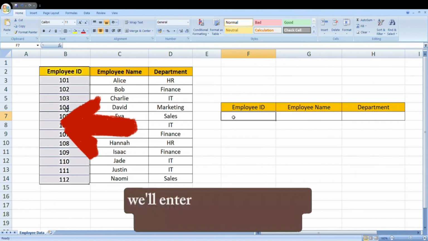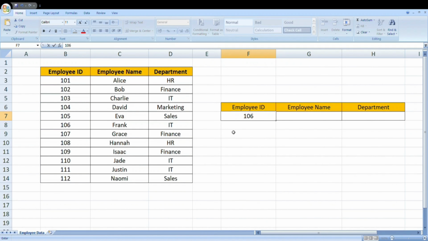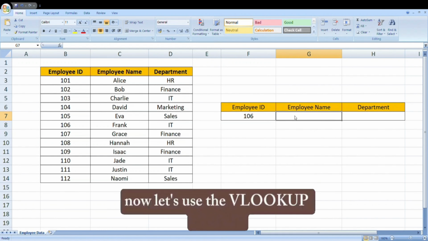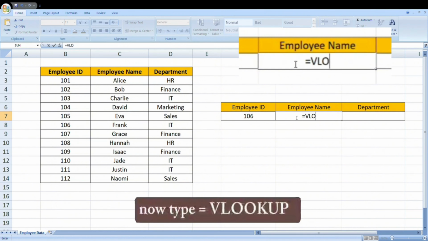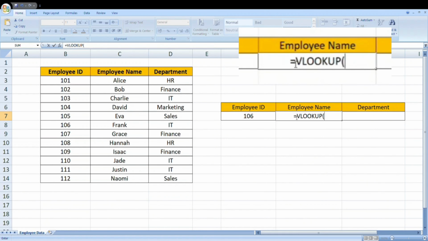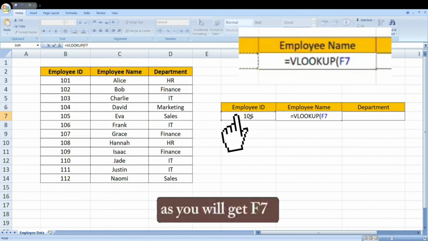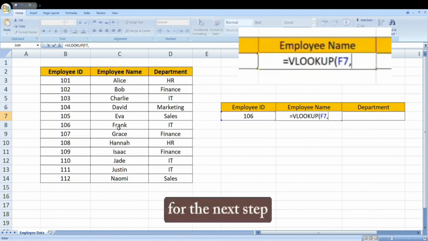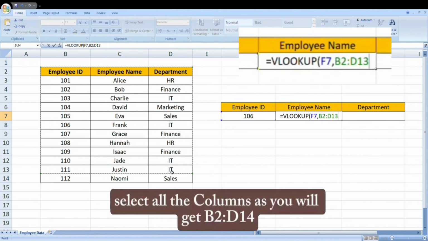First of all, we'll enter any employee ID number from the column. Now, let's use the VLOOKUP function. Now type equals VLOOKUP open bracket. And click on the employee ID as you will get F7, put comma. For the next step, select all the columns as you will get B2, D14,